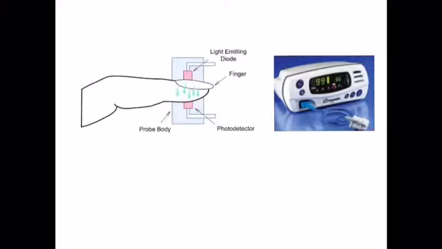A pulse oximeter works by passing a ray of red and infrared light through a thin base. The ratio of red to infrared light transmitted gives a measure of the oxygen saturation of the blood. What the oximeter does is it classifies the blood. The oxygenated blood looks of a brighter color than the deoxygenated blood, which has a